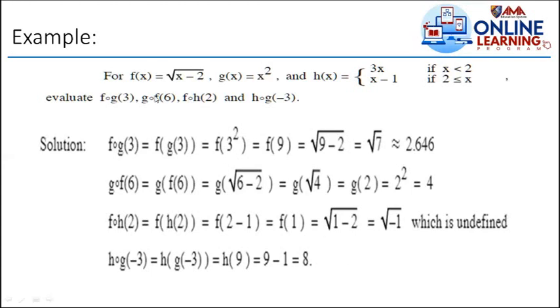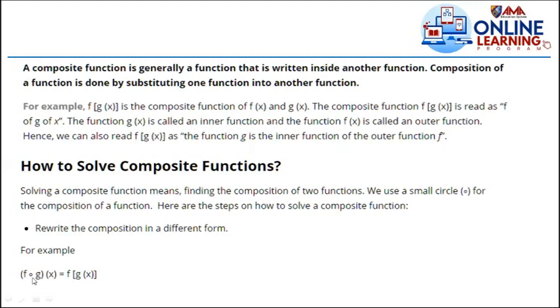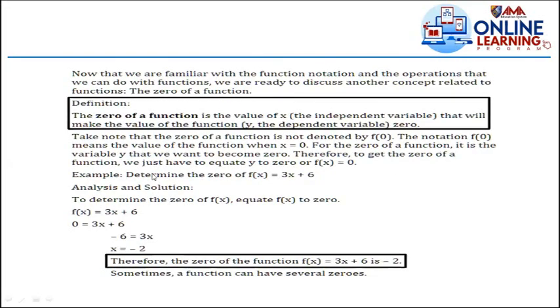So, take note of the difference, may small circle sa gitna. Pag dot po yan represents multiplication. Pero pag may nakita kayong ganyan, small circle sa gitna, that is composite of functions. Ito po siya. Which means f of g of x. Okay? So now that we are familiar with the function notation and the operations that we can do with functions,